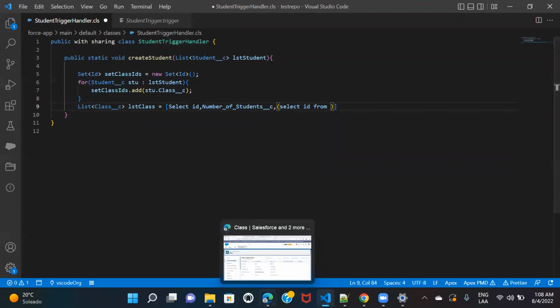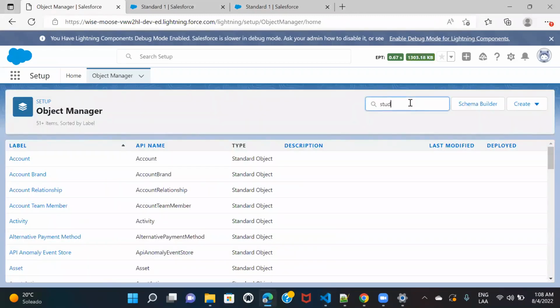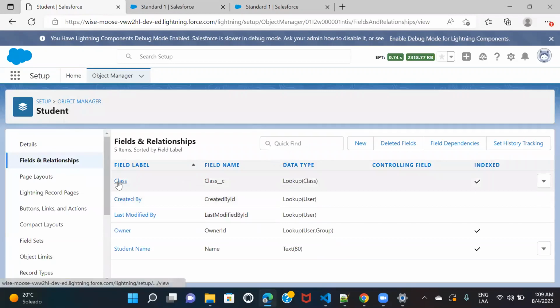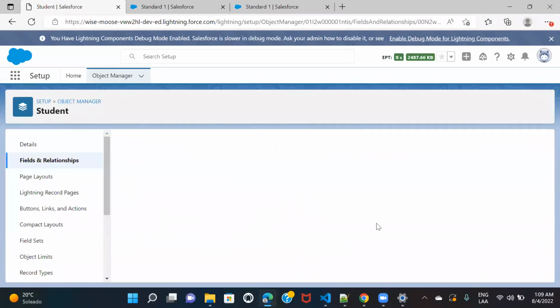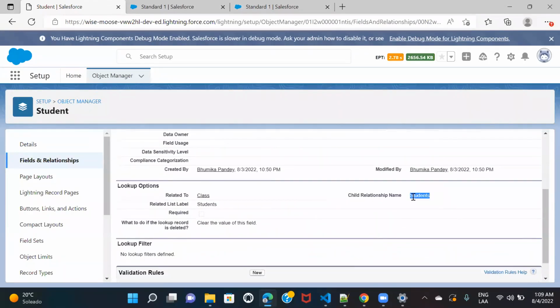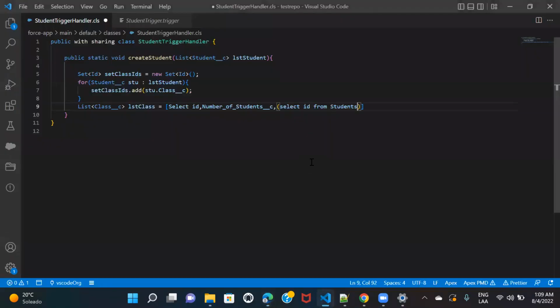Okay, so if I go back, I'll show you how you can actually identify the relationship name. So yes, on student, if you open the lookup relationship, this one, here, this is your relationship name. This is what you have to refer when you're writing the inner query. And again, you can't just refer to it. You have to apply underscore underscore r, because it is a relationship field that you're referring to. So here from students underscore underscore r,